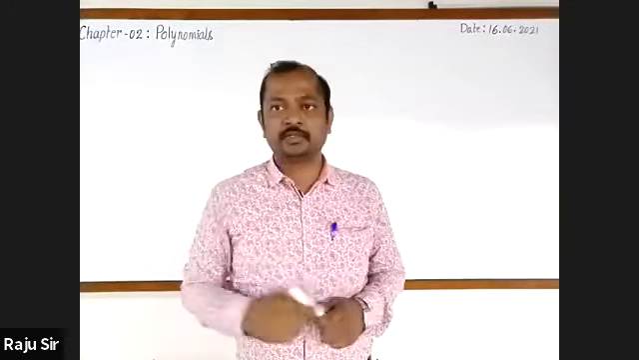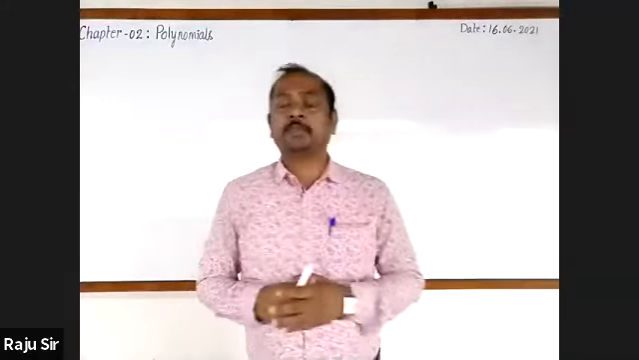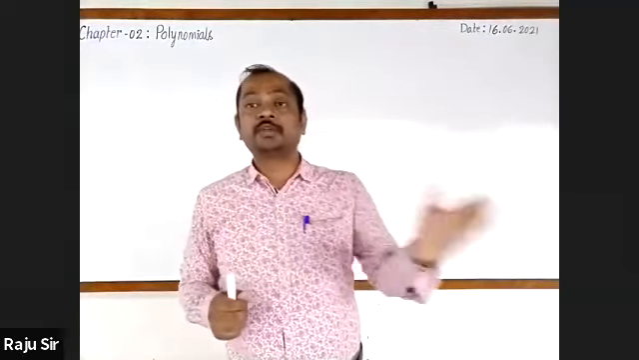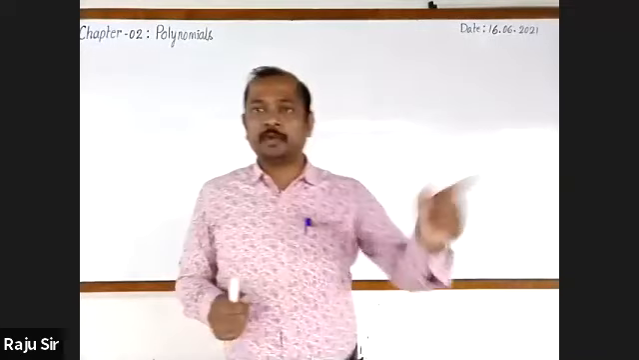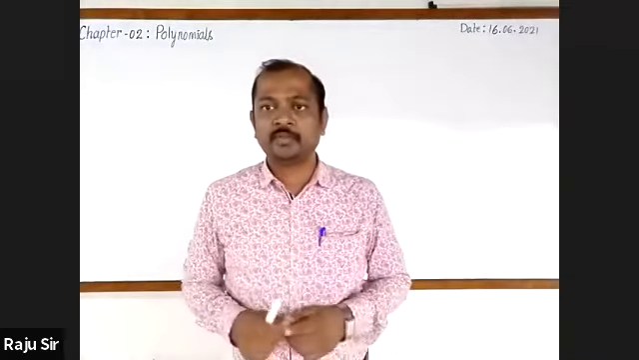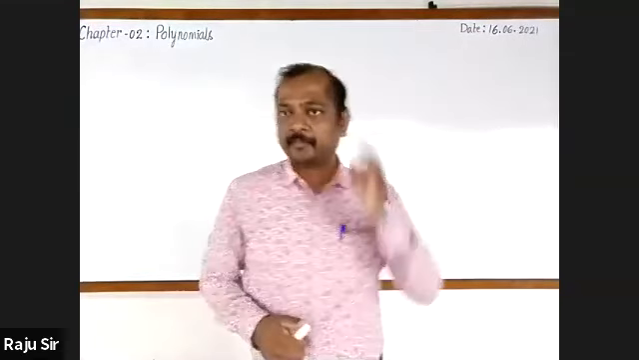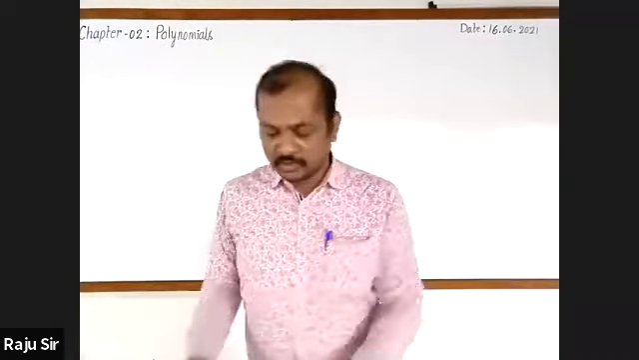Is it not? The last one was, if alpha and beta are zeros of a polynomial, then we have to form a new polynomial when new zeros are 2 alpha plus 3 beta and 3 alpha plus 2 beta. Is it not? Yes or no? That was last one. Okay,